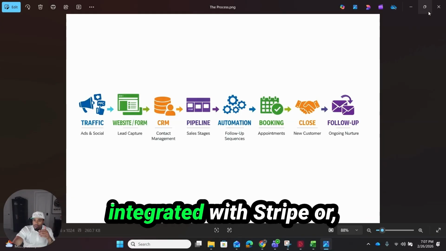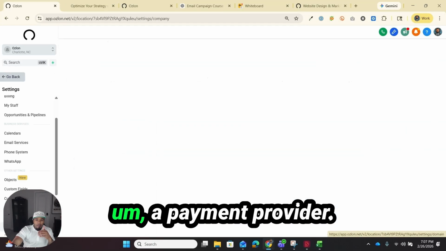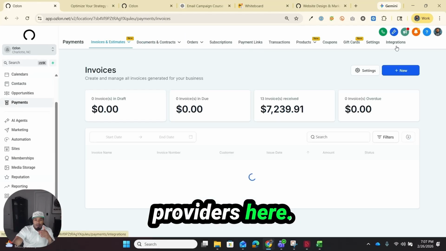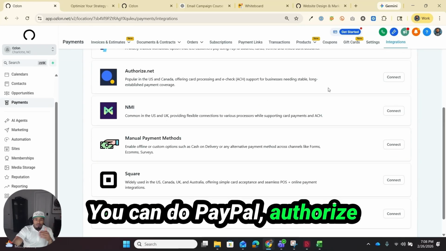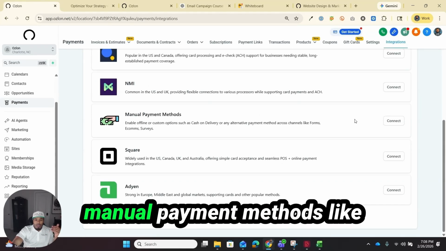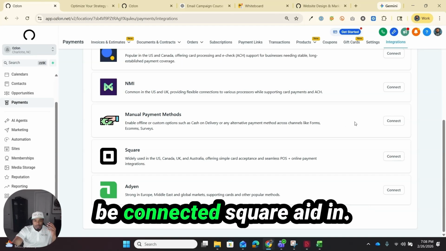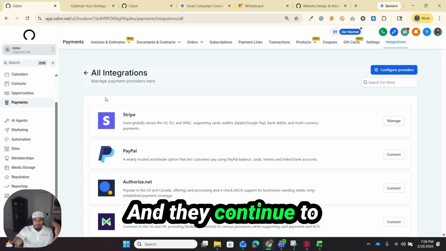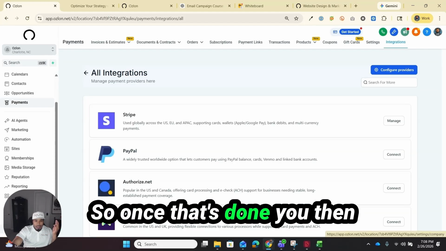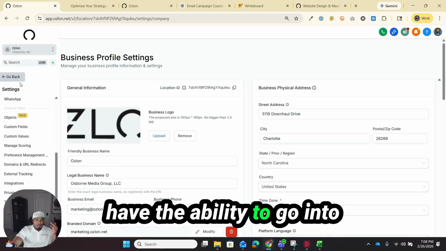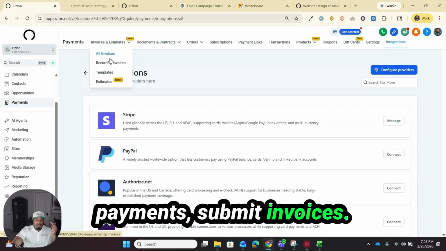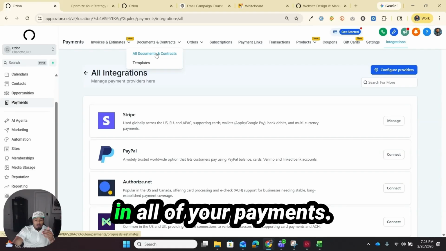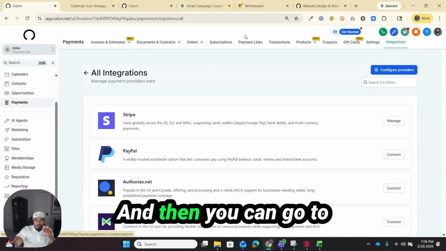You have to be integrated with Stripe or a payment provider. Let me go to the providers here. So the main one is Stripe. You can do PayPal, Authorize.net, and then there's manual payment methods like cash on delivery, which can be connected, Square, Adyen. There's a lot more as well, depending on what's there. They continue to add more all the time. So once that's done, you then have the ability to go into payments, submit invoices. You can then also have contracts which have baked in all of your payments,